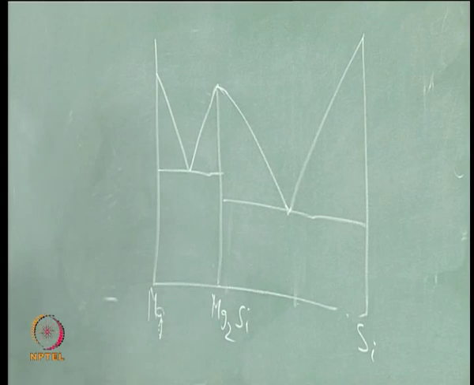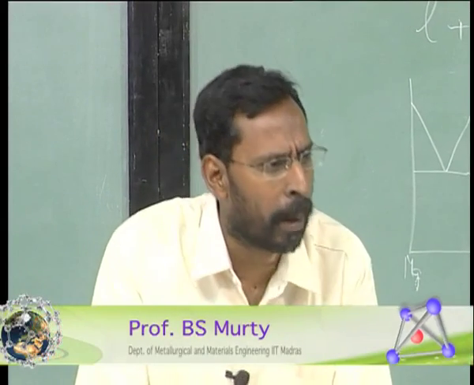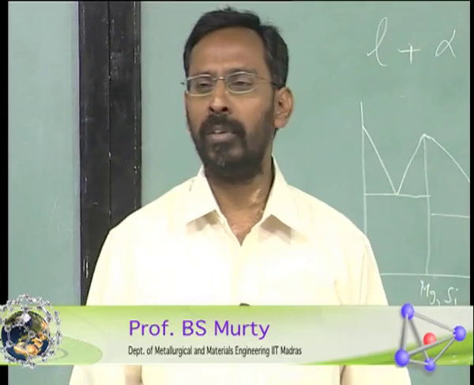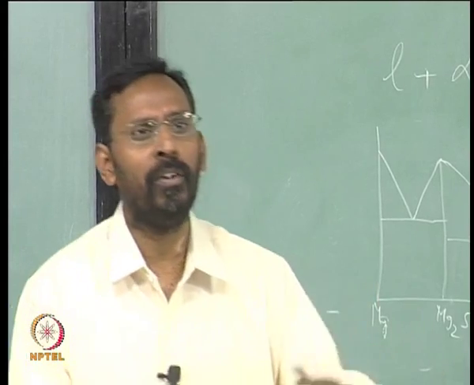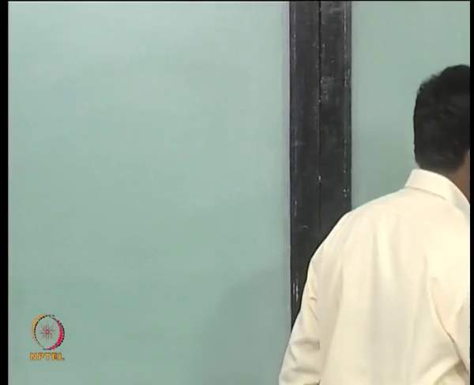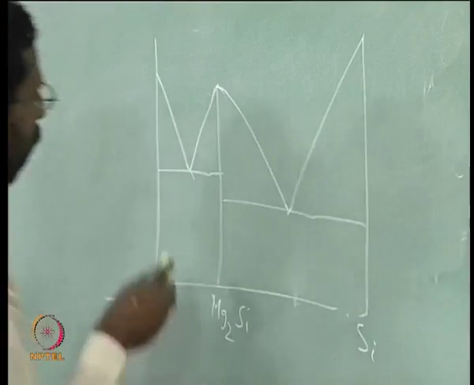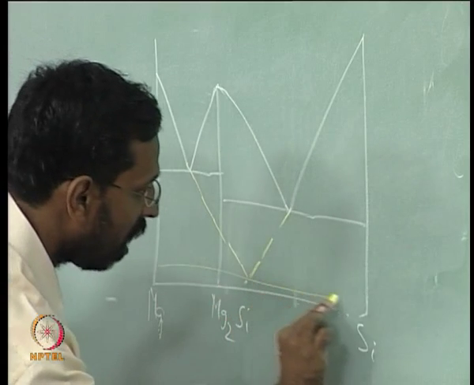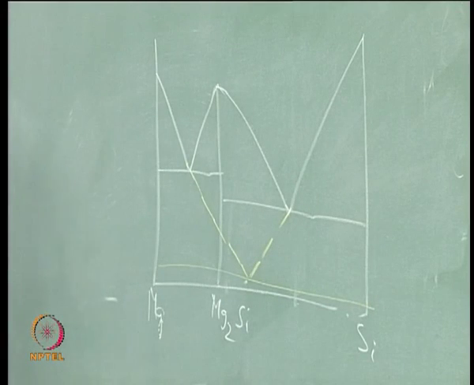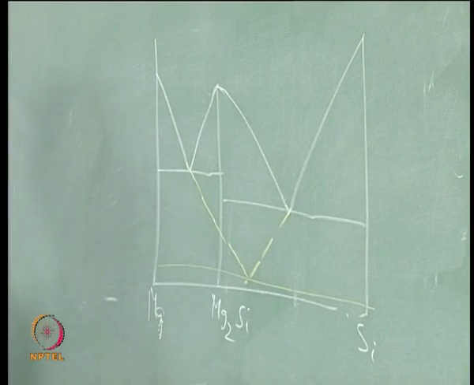And now, if I take this alloy Mg2Si composition, and if the Mg2Si crystal structure is such a complicated crystal structure that I am cooling this liquid very rapidly, and so the nucleation of this Mg2Si is very difficult, then what should happen to that liquid? That liquid will not give you Mg2Si, and as a result what actually happens is that this liquid gets undercooled to such an extent that if I extrapolate these liquidus curves, I get another eutectic there, and this eutectic that you generate is a metastable eutectic.